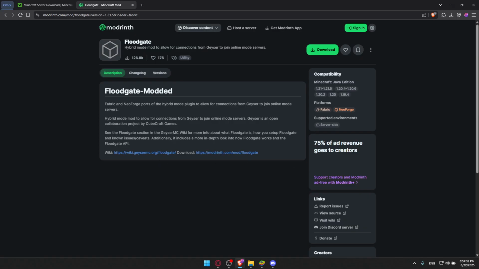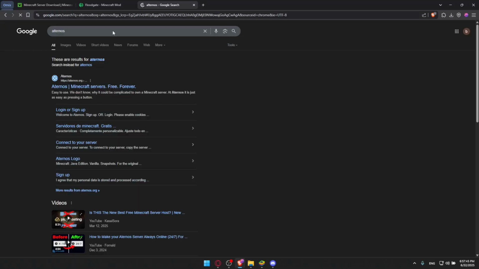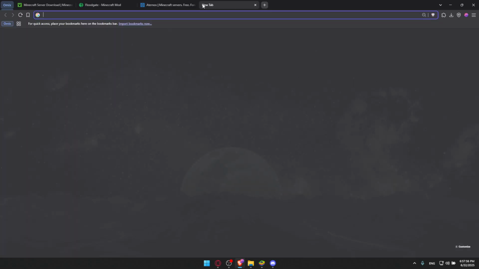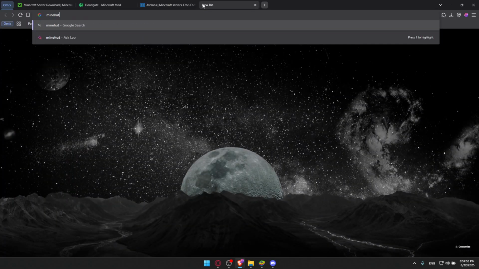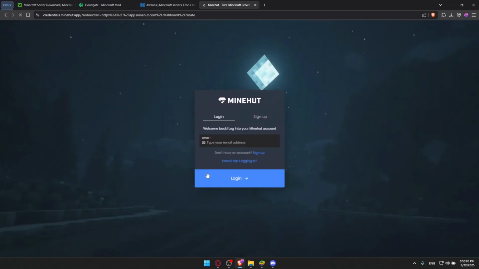And of course, if you don't want to host from your own PC, you can find other options like Aternos. One of the most popular free servers that you can find is Aternos, as an example. There are a lot of tutorials about it if you want to check it out. And there's also Minehut. So minehut.com is another good free server. If you want to create your server, you'll have to create an account, and they'll give you